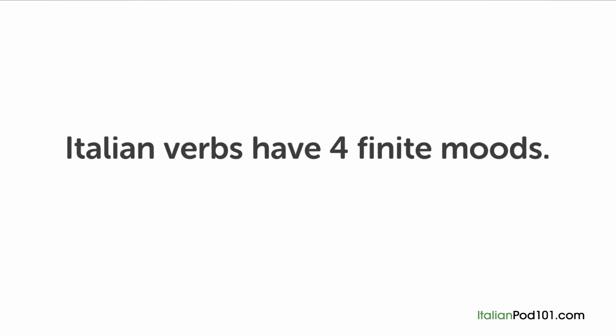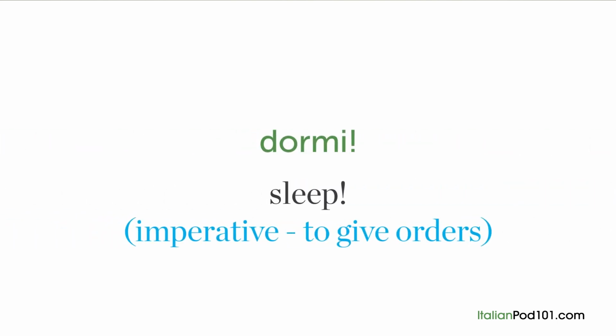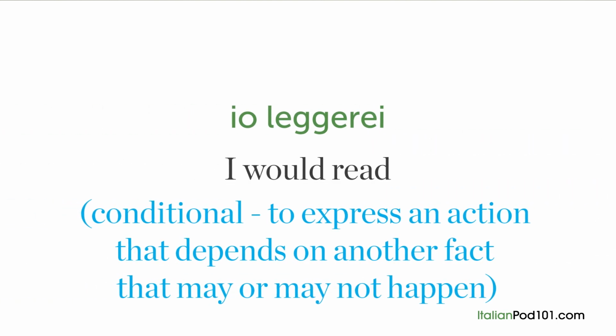Let's take a look. Italian verbs have 4 finite moods. They are the indicative, to express facts, for example, io dormo, I sleep. The imperative, to give orders, for example, dormi, sleep. The subjunctive, to express doubt, hope, fear, and possibility, for example, che io beva, that I drink. The conditional, to express an action that depends on another fact that may or may not happen, for example, io